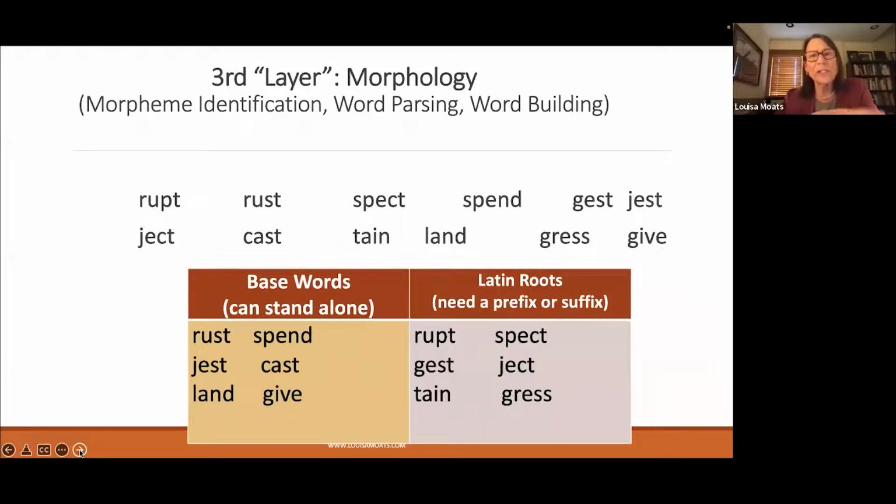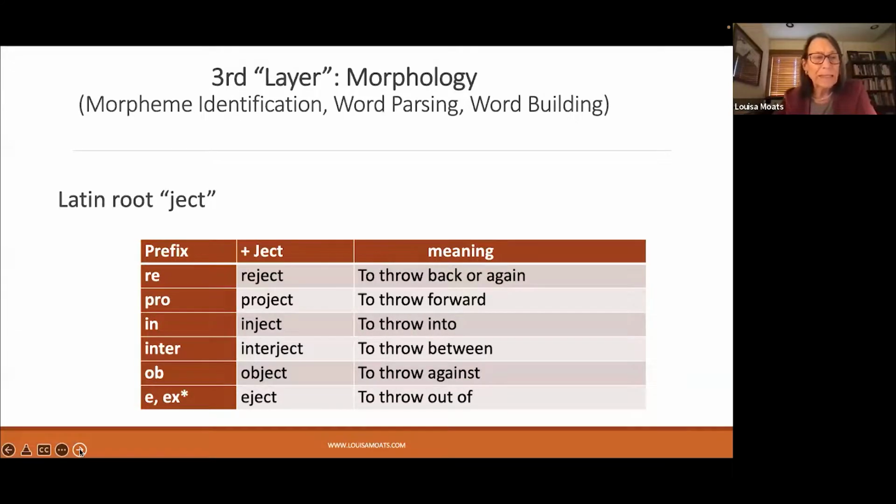Okay, so in sorting these words and roots, the student has to become more aware of the identity of some of these Latin roots, so that when they're put into multisyllabic words, they can be more easily identified. And same with base words, and we do add prefixes and suffixes to base words, but it's not necessary for them to stand alone as words. So having